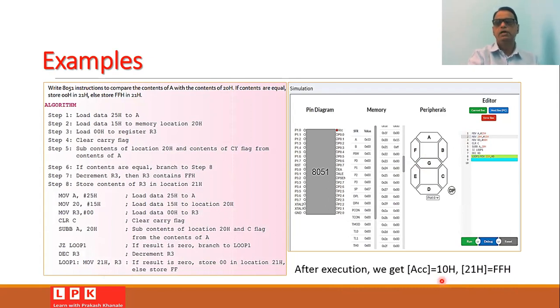Accumulator will be 10H and the content of 21 will be FFH. That is, we know that the contents are not the same, and therefore the memory location 21 will have the value FF. So one can easily observe from this memory that the accumulator consists of 10 and the memory 21 consists of FF.